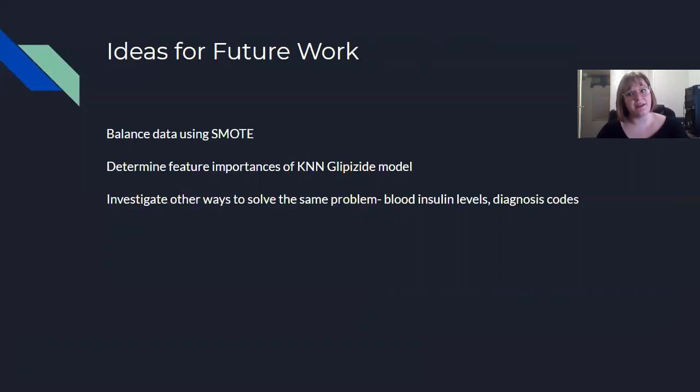And then the last thing that I think would be interesting to take a look at is that with this data set, there's huge potential. Some of the features that we could have used were diagnosis codes or blood insulin levels. I think it would be interesting not just to do those on their own, but to use everything in addition to each other, to supplement what we've learned from the medication with what we could learn from the blood insulin levels. I just think that would be a really good way to take this further and make it more accurate.